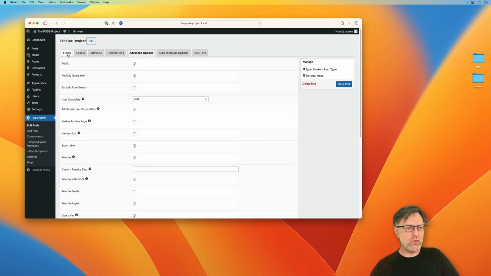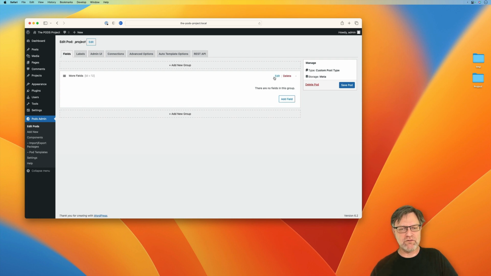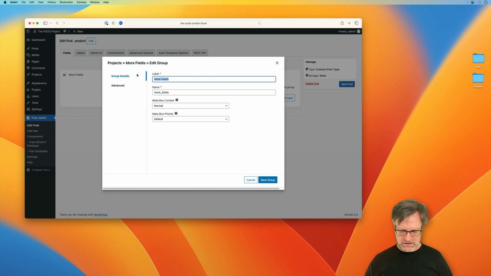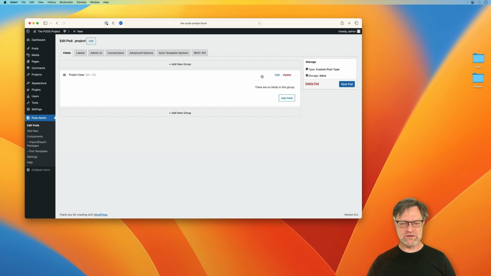Now when we go back to fields, you can actually edit. It says more fields, and if you don't like that, well, then you can say this is project data or whatever, and then we maybe should change that one also, project underscore data. The name needs to be without spaces, and you can say here it should be on the side or it should be the normal, and then there is also one thing that's called advanced, but we leave it as it is. So I just save this group, and then we click on manage fields, and then we can add a